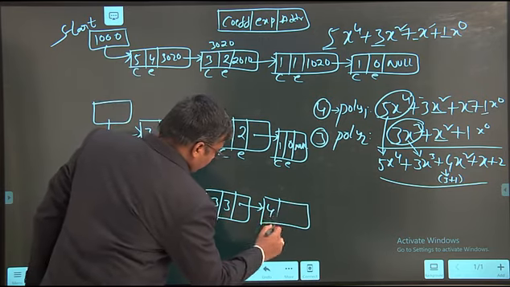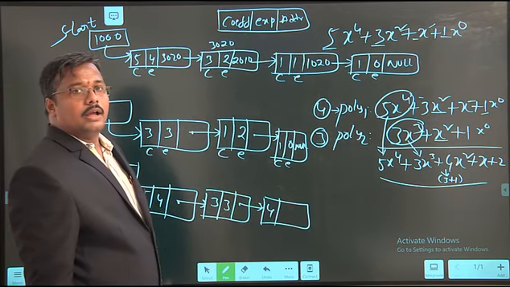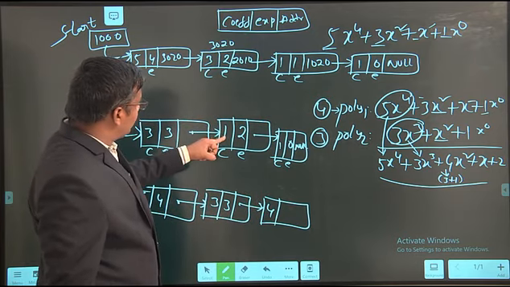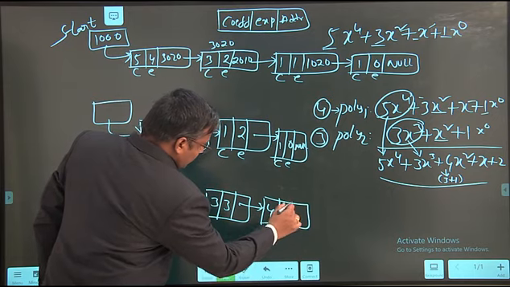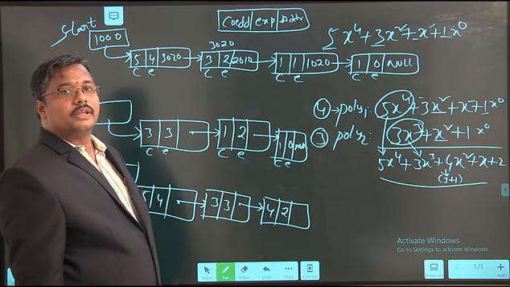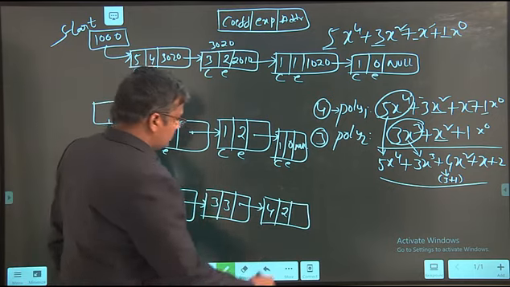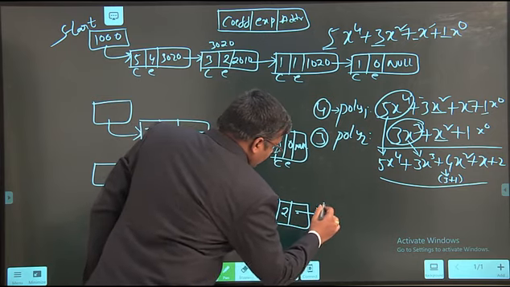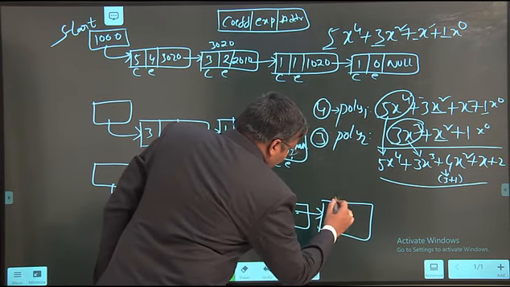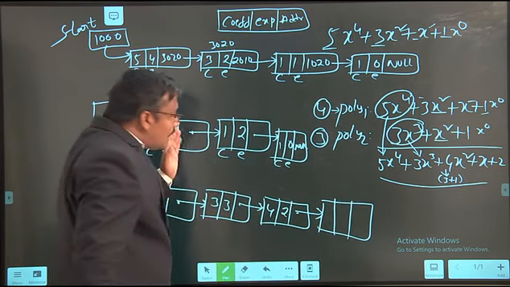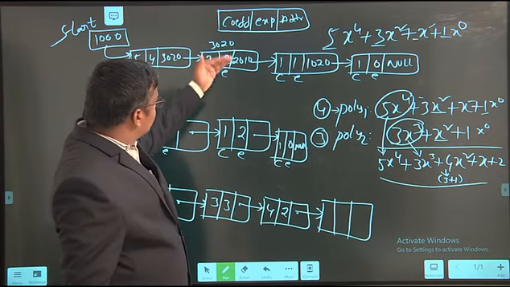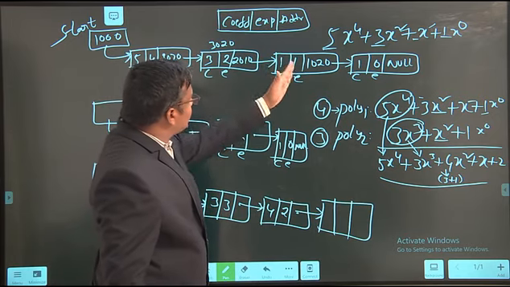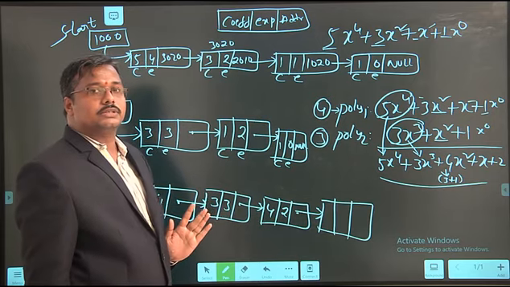So, 3 plus 1 is 4, and the exponent is copied. Both the terms are copied, and both move to the next location.